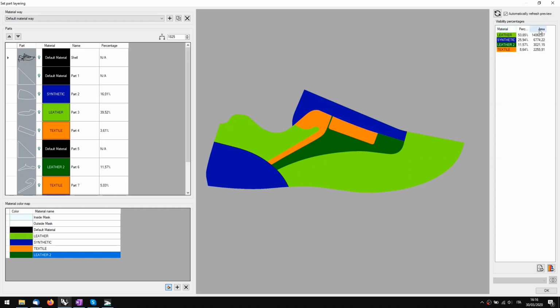Here you can see that it updates my percentages with the materials. By clicking on the title of the column, you can order by name, by percentage, and by area, which is the same order as the percentage. So I'm left with this